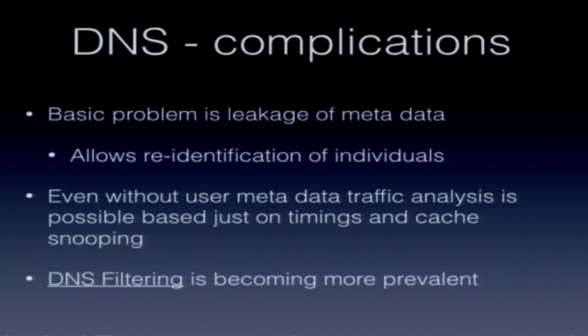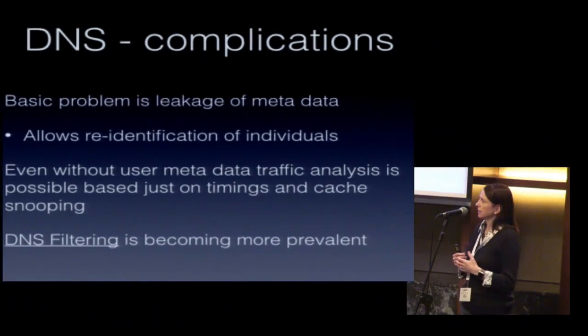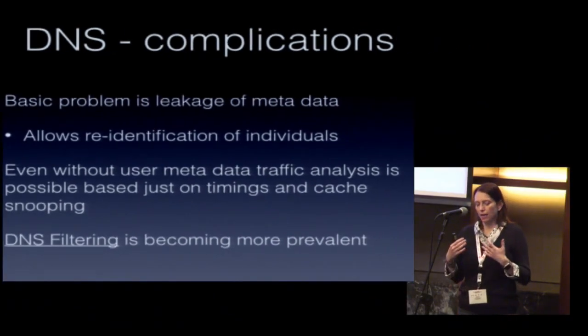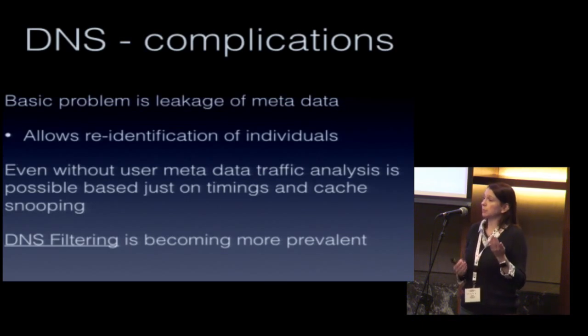So those are the salient points about DNS data leakage. There are an awful lot of complications. I want to just touch on one here, which is something which, particularly lately, has become more active, and that's DNS filtering. This is happening at country level, ISP level, and organizational level. People running recursors will have a blacklist of sites they don't want people to get to, and they will actually tell DNS lies in order to block access to those sites.